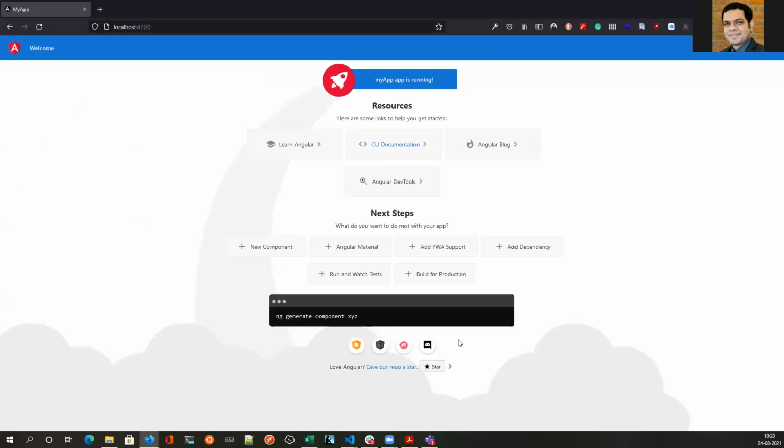When you run the application, this is what you must be seeing right now. Can you all please run and see in localhost 4200? This is the screen that should come. It's compiling.